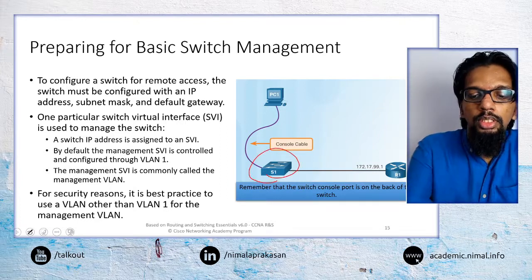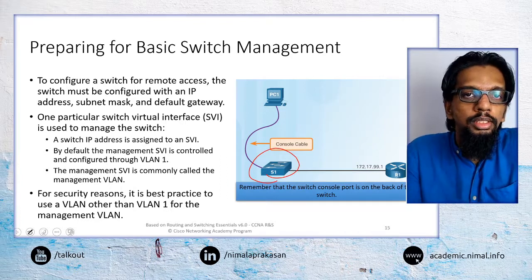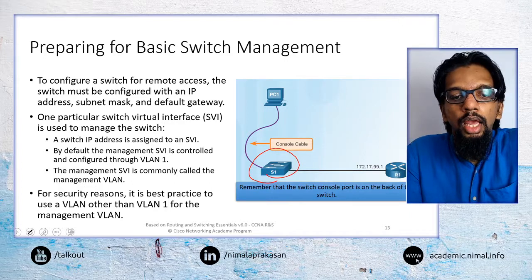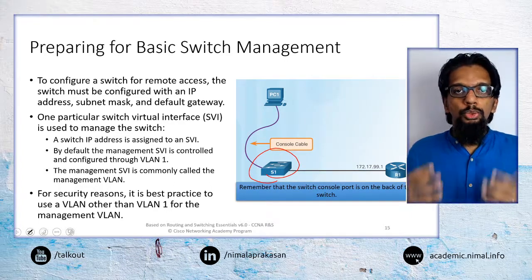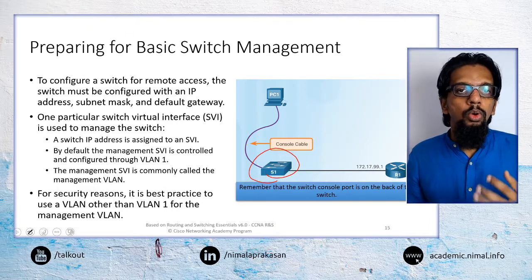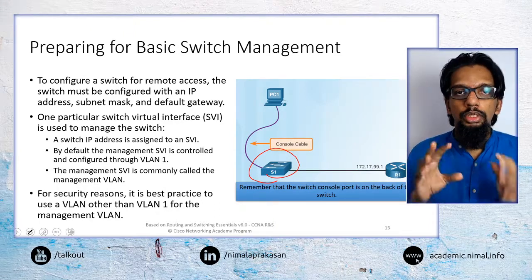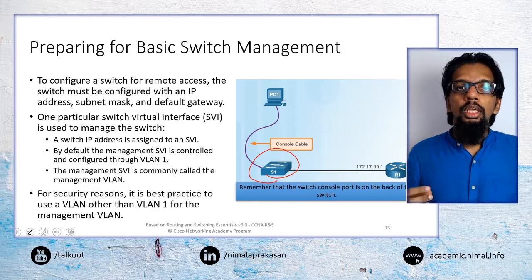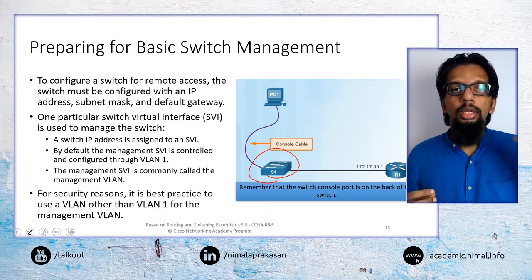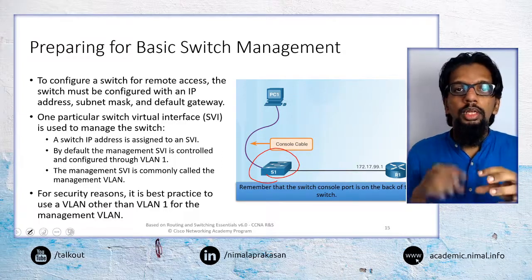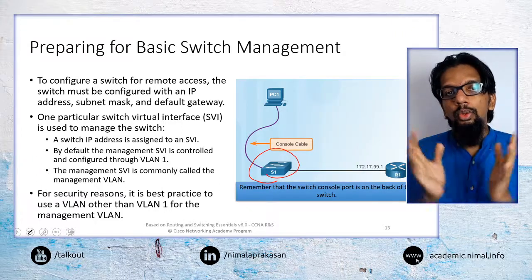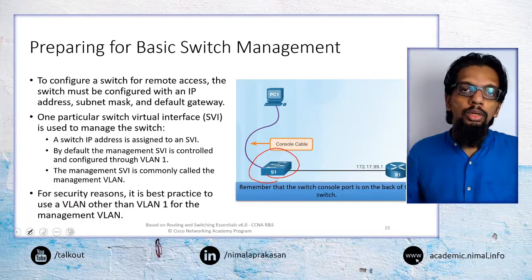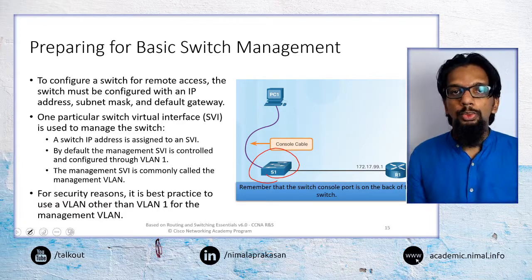But for switches, it is not necessary to have an IP address, because by default switches don't; nobody will contact a switch. The duty of a switch is getting packets from one end of the network and forwarding them the other way around. So there's no need for any entity to actually communicate with the switch.